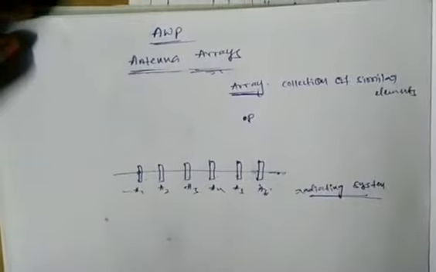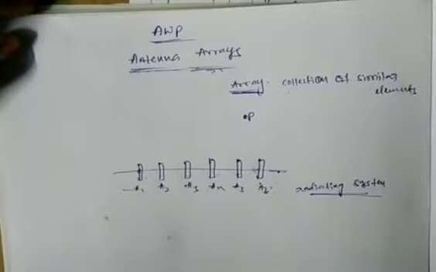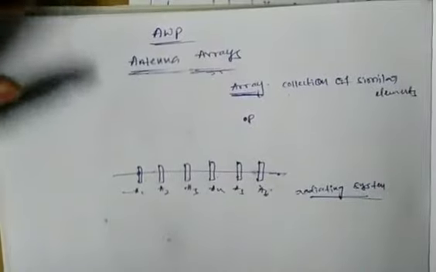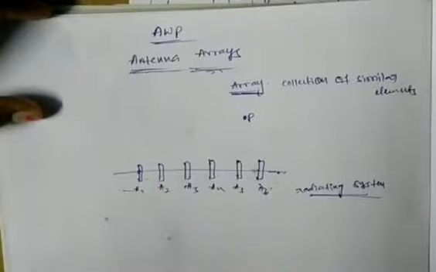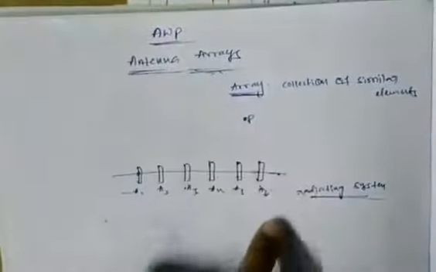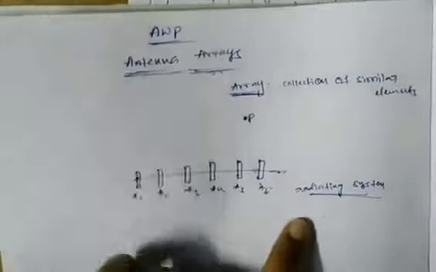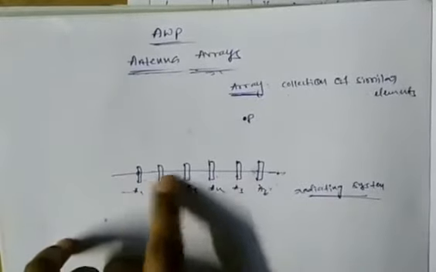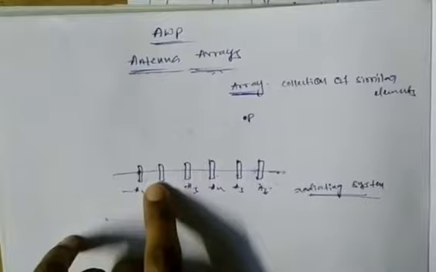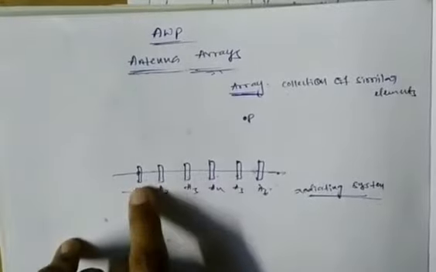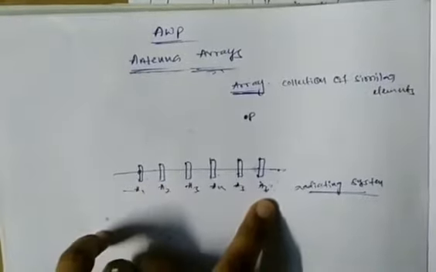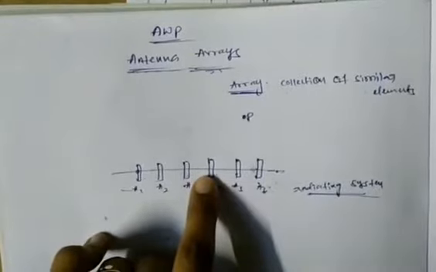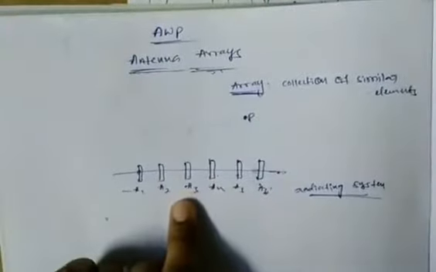That's why these antenna arrays are used in point to point communication. And by using this antenna array, we increase the field strength at point P also. This antenna array is also called a radiating system. In this radiating system, all the antennas are spaced equally, meaning the space between any two antennas is equal, and we obtain the maximum field strength at point P from the radiating system.